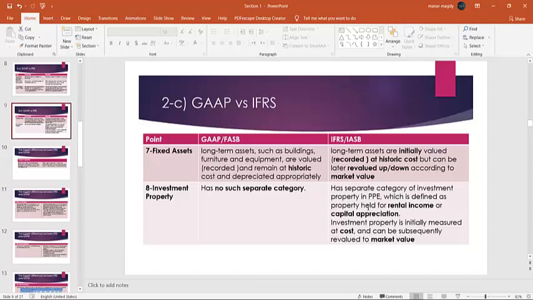So investment property is initially measured at cost